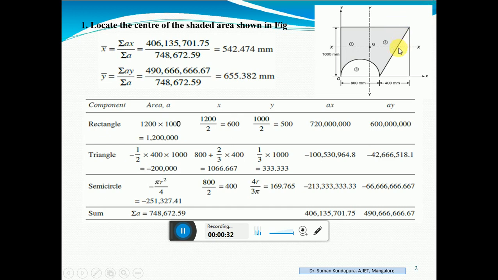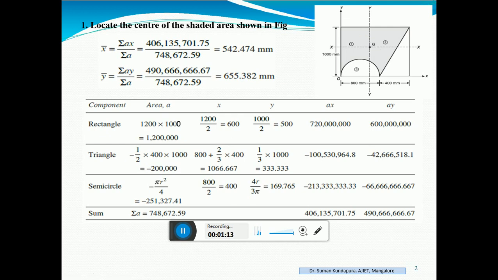If you look into the shaded area, we do not have a direct formula to find out the x bar and y bar for such shapes. So what we do is we find out the centroid of these kinds of shapes by using the shapes whose centroid we already know. That is, for this type of figure, we will consider the whole as a triangle and later we just deduct this area, and finally using the moment of area of the deducted portion, we find out the x bar and the y bar. So that is how we proceed in this problem as well.